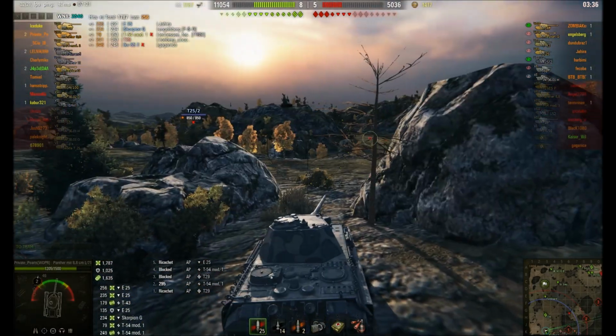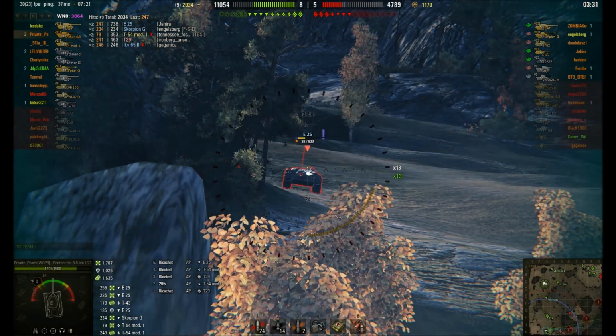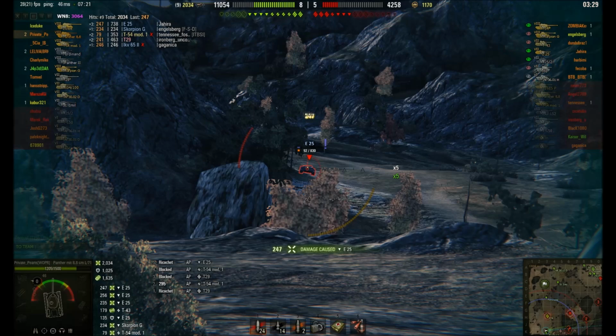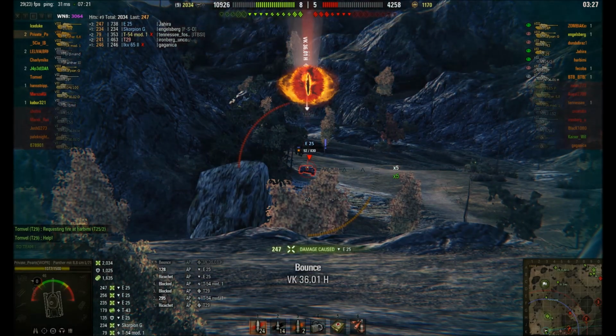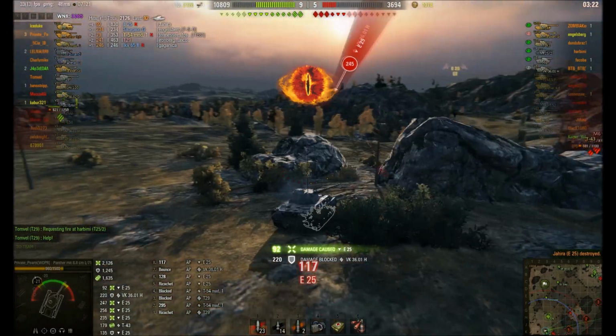But the thing is, the enemy team are fighting out hard here, but the reality is they're not getting anywhere near the cap. So it doesn't really help them in the long run. There's a VK down there as well. He takes out the stealth tank,